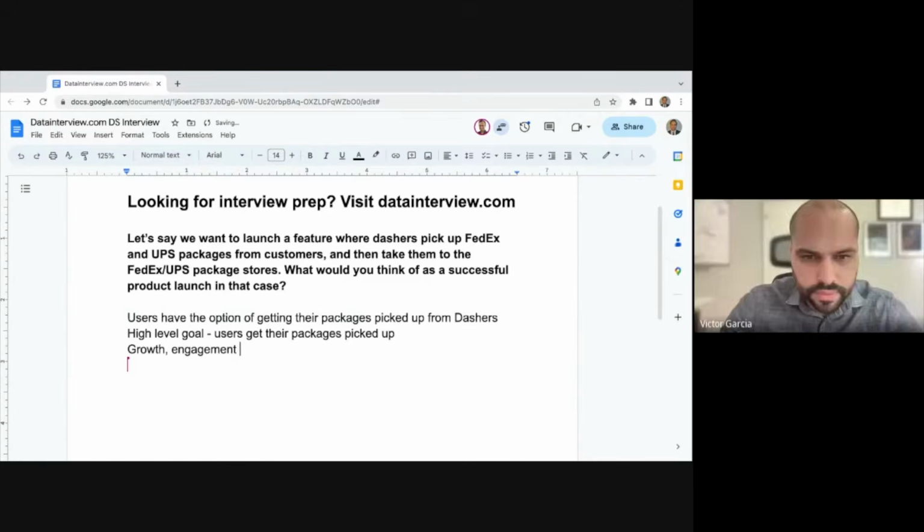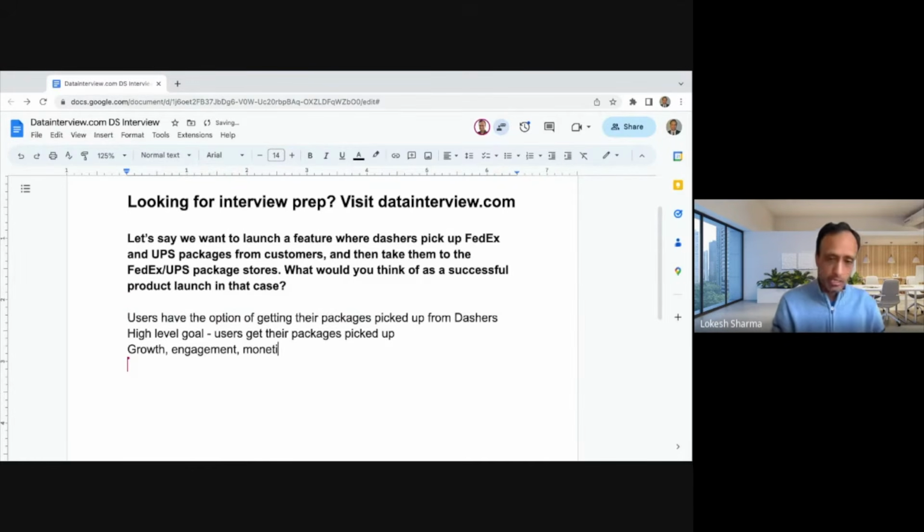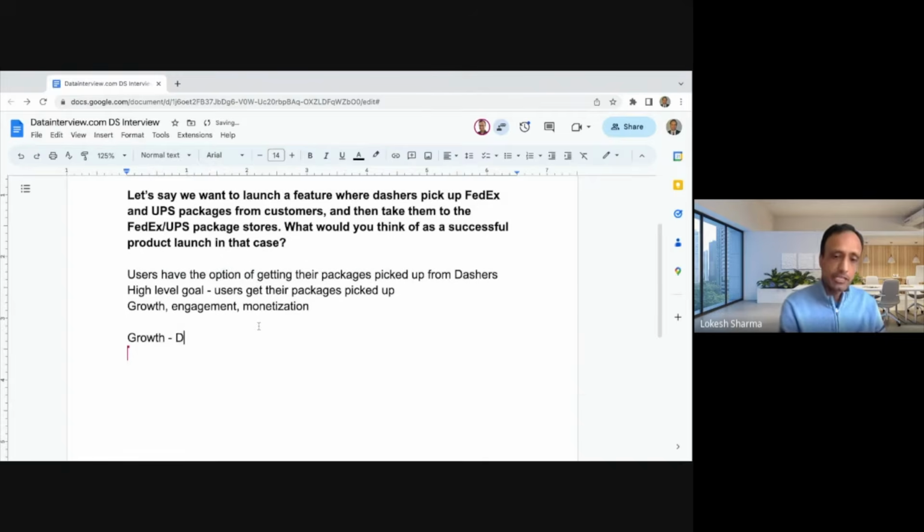Right. In the growth bucket, I would look at some of the metrics like maybe the daily active users or weekly active users or monthly active users, depending on how frequently the users do this. Growth, which is the daily active users, monthly active users.